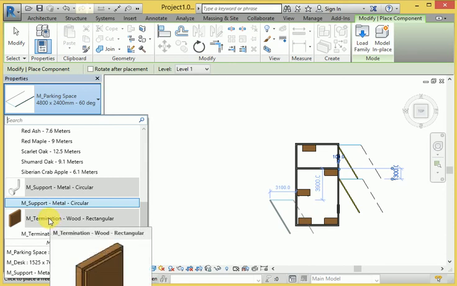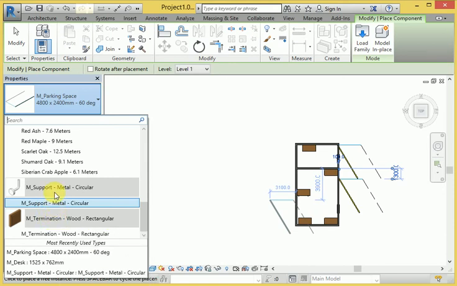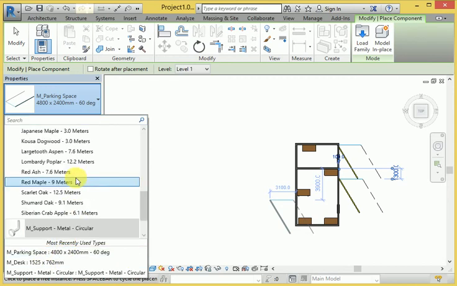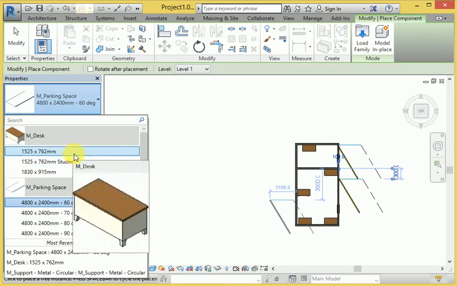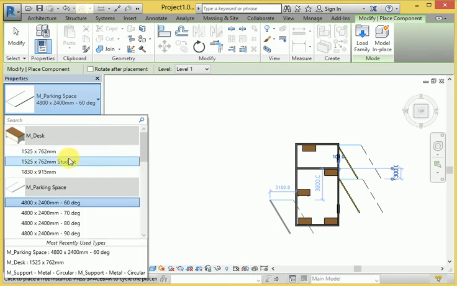If I want the wooden rectangle and metal circular parking related, so there are many different types of predefined components available in Architecture Revit here.